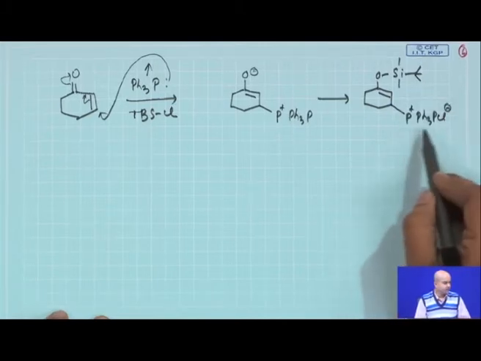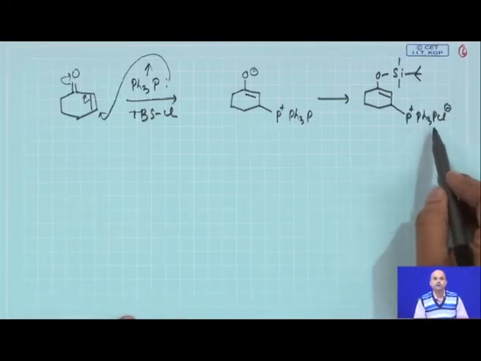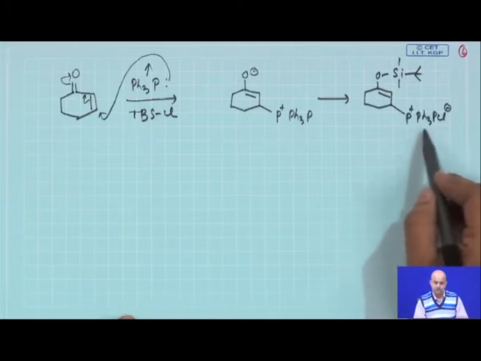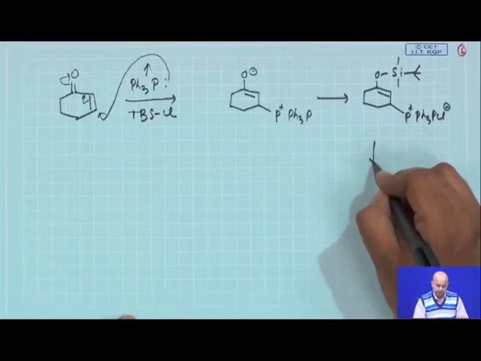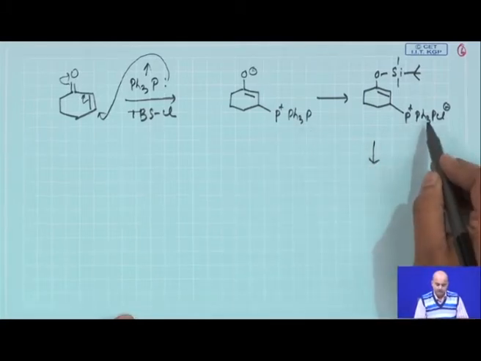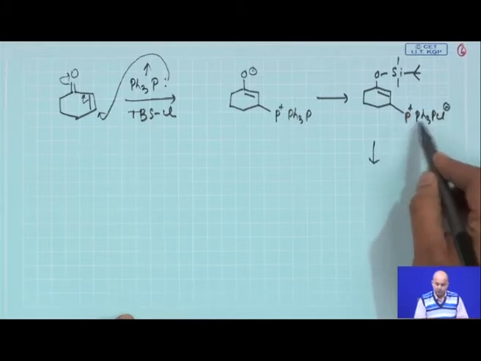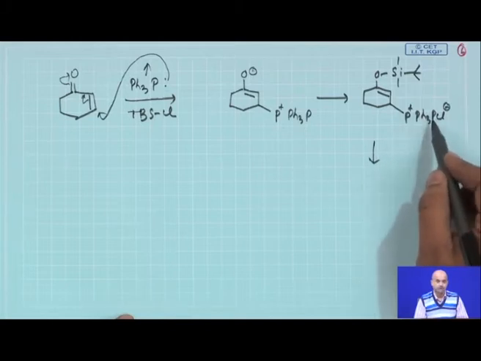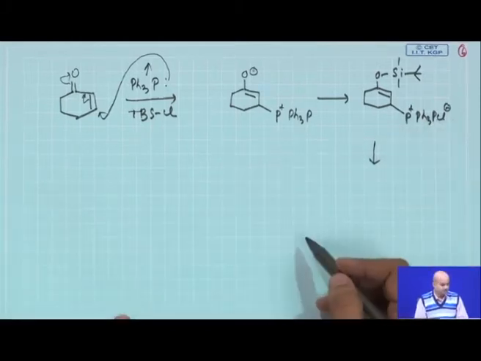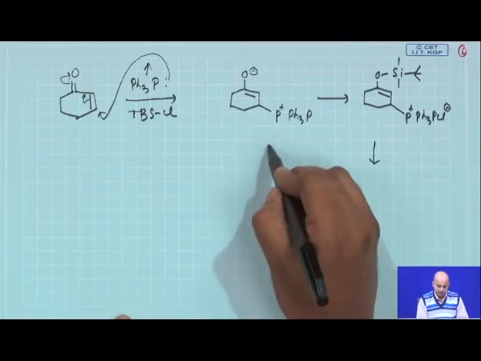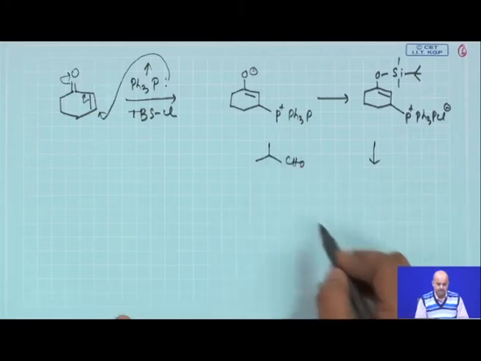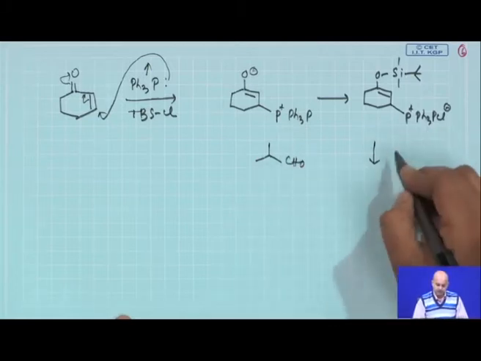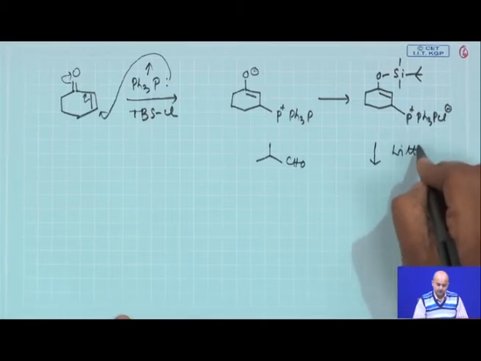So, now what is this? This compound is basically a Wittig salt. It is an allyl Wittig salt. Now we are saying that we will try to introduce this compound as a Wittig salt and we will try to react it with some aldehyde. Now, what functional group do you require on this point? You need an isobutyl group. So, we will be using this particular aldehyde, isobutyraldehyde, here for this Wittig transformation.